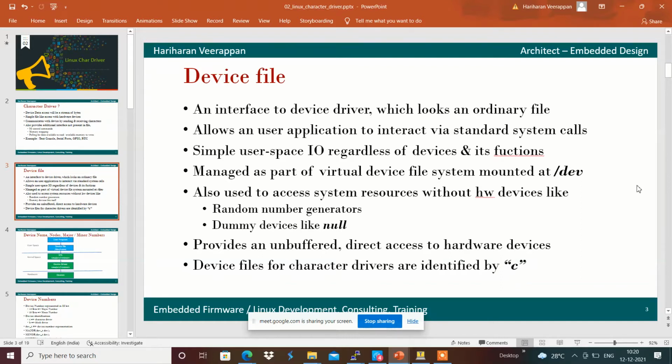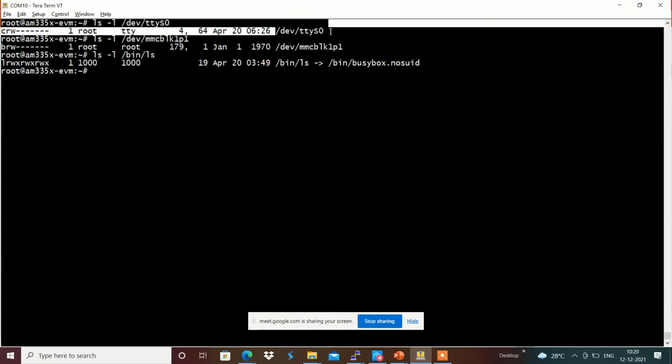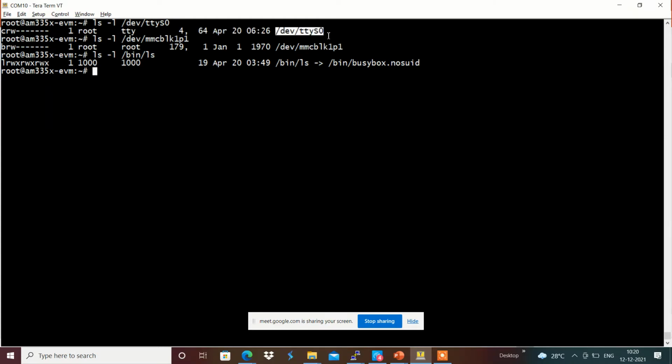If the device file denotes a character driver, it does not have the driver built in. For example, /dev/ttyS0 is the device file.